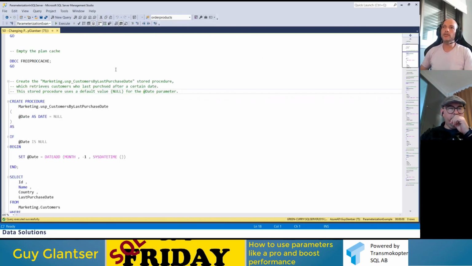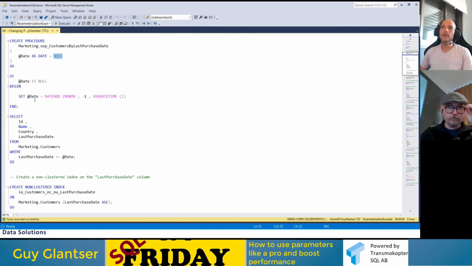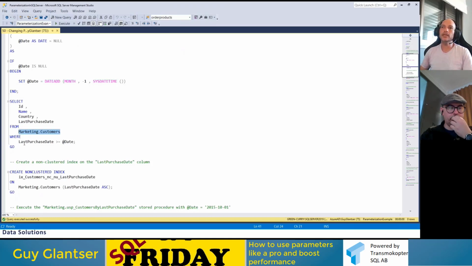My stored procedure now is called customers by last purchase date. It has a parameter date. It has a default value of null. And what I do here, if the date is null, then make it 1 month ago. And then I have a query, give me all the customers where the last purchase date is greater or equal